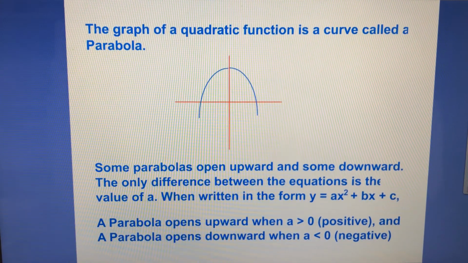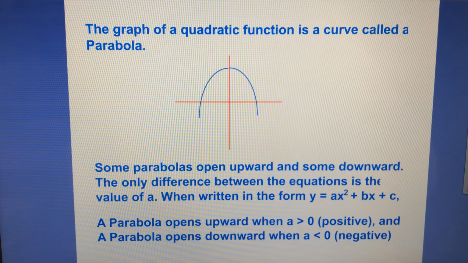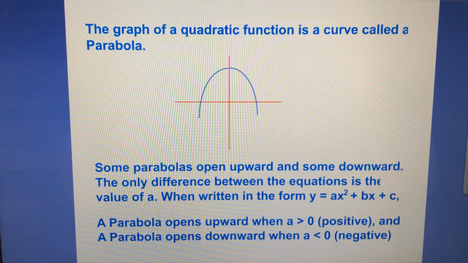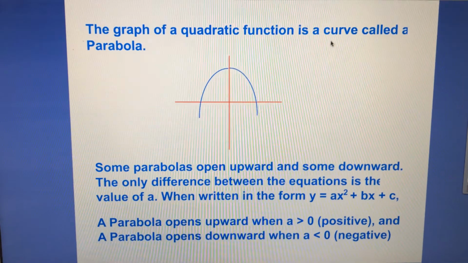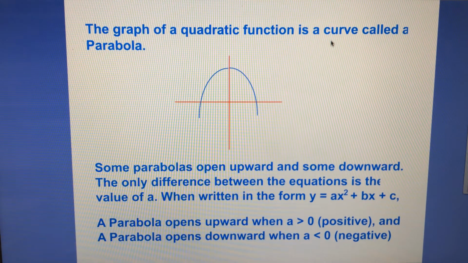Let's talk about the graph of a quadratic function. It looks completely different than a linear function. Remember, my linear function had to be a straight line. And yes, straight lines or slanted lines are straight. In this case, I have a curve, and that curve is called a parabola. Odd little name, but that's the name that we associate with quadratics. Some parabolas open upward, some open downward. This one opens down. The only difference between the equations is going to be the value of a, the coefficient